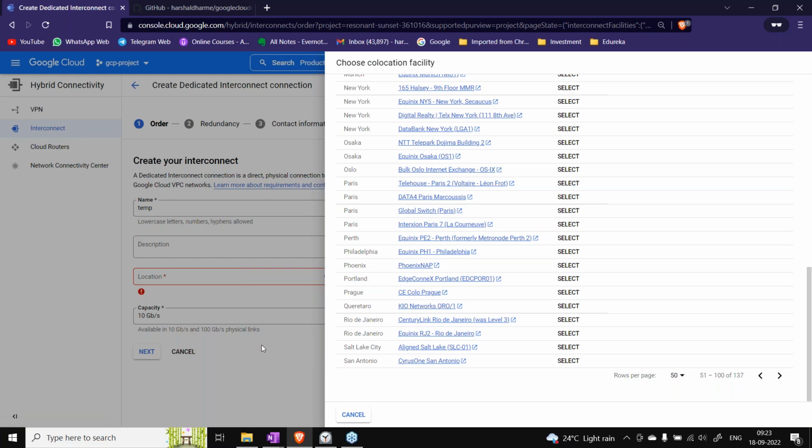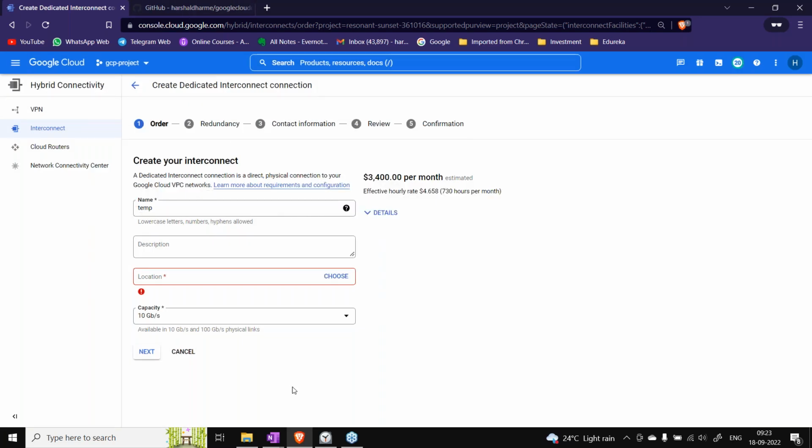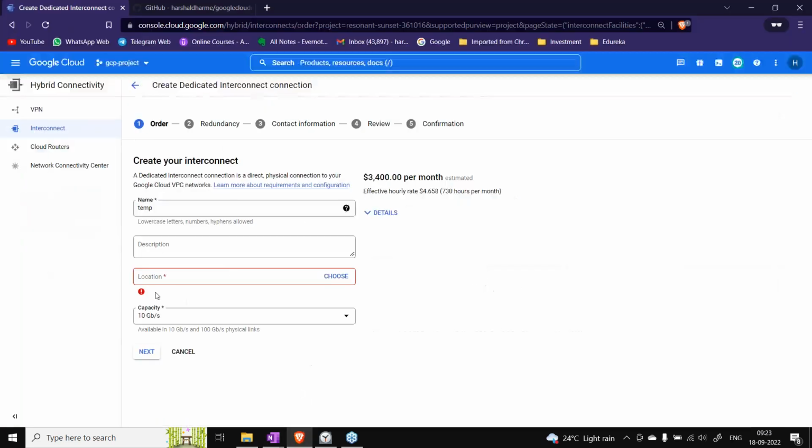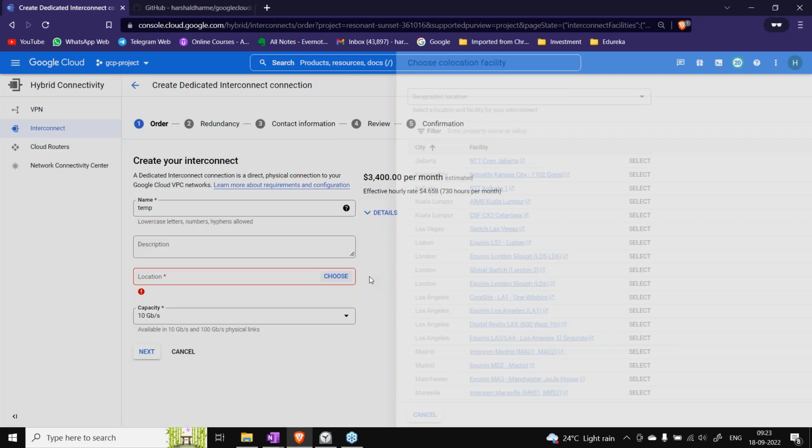Okay, but basically with dedicated interconnect, Google has taken care up to this part. At this co-location facility they are taking care, and you have to be in the same city to have this particular connection, right? And then just select any of them. That's fine.